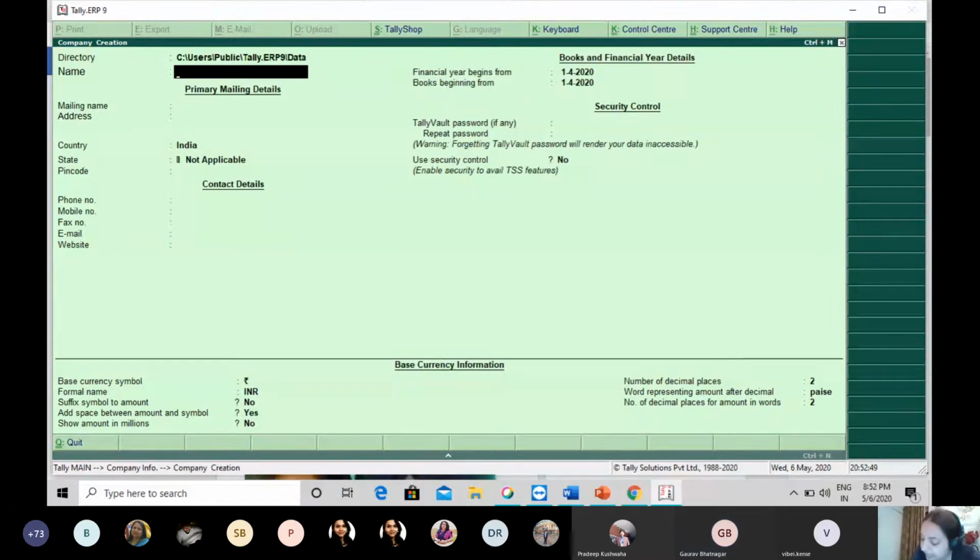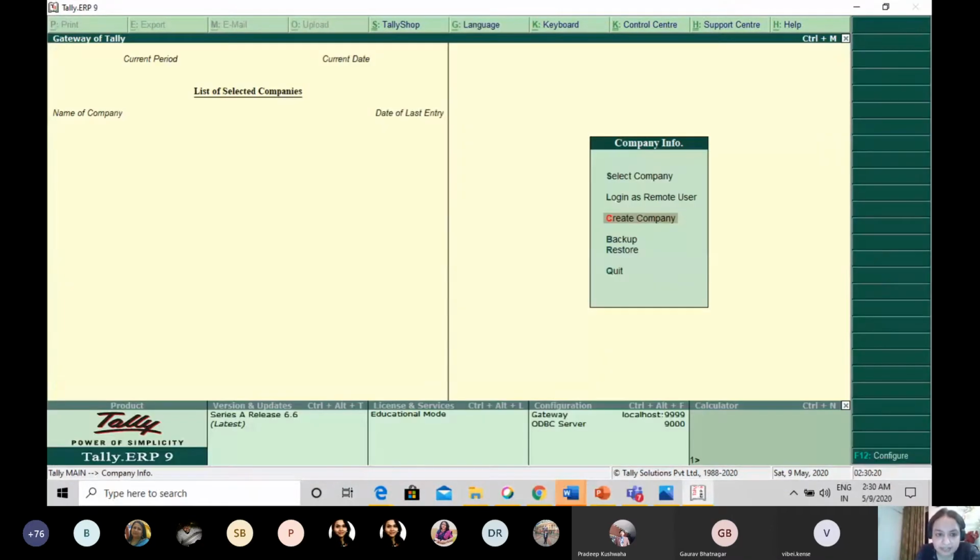Now I have told you that in Tally there are 4 steps which are very important. The first step is to create the company. The second step is to make the ledger accounts. The third is your journal entries. And the fourth is that your trading profit and loss account and balance sheet are created automatically. So for all those who just joined, we are on the first step of Tally, that is, creating the company.